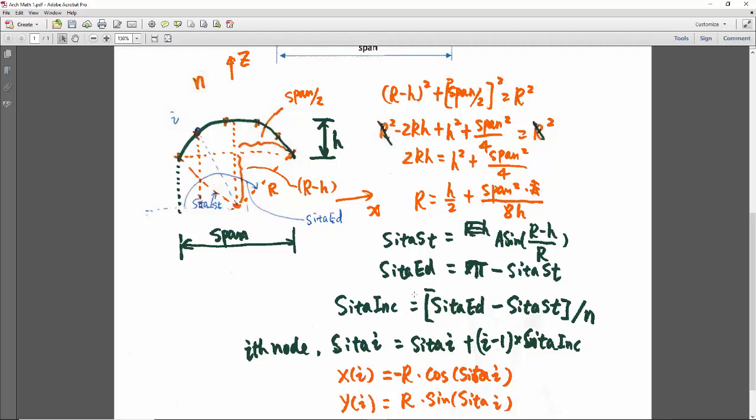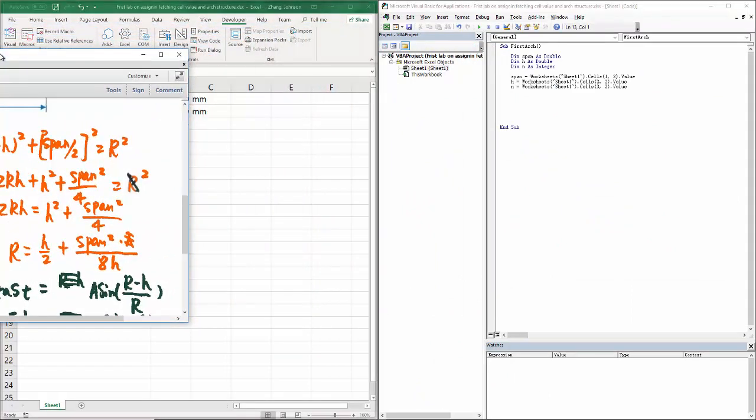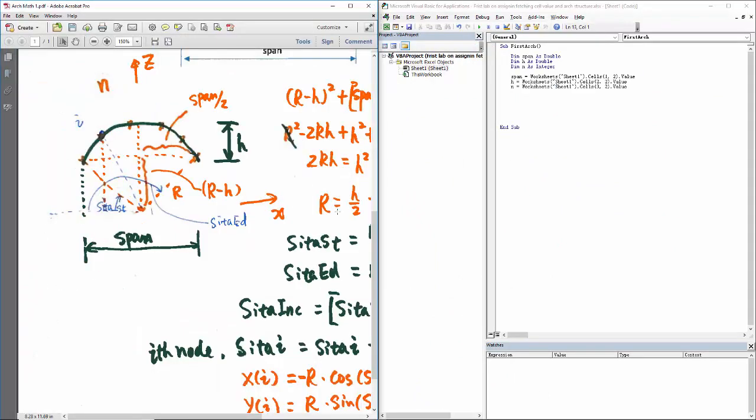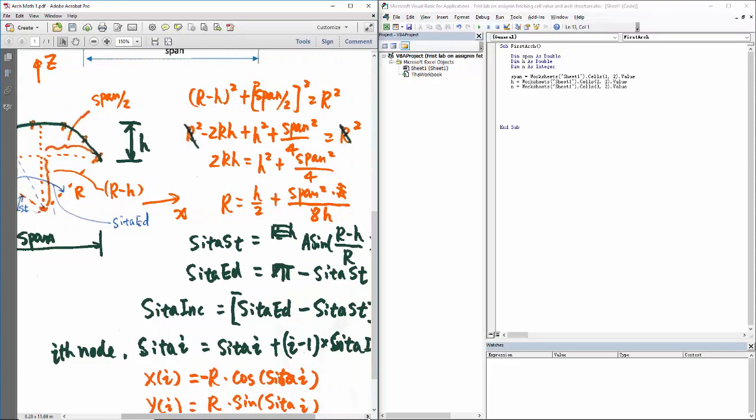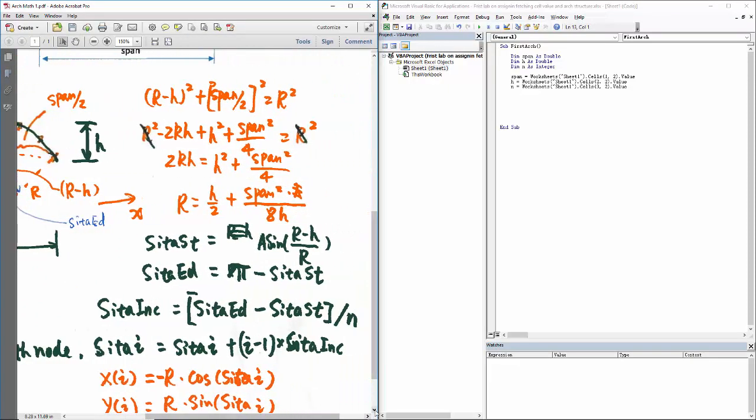So we need to figure out all this information before we can actually calculate the coordinates of each node. To help us remember all this, I put these slides on the left-hand side, second half of the screen, and then we can key in this equation into the VBA programming. So again, let's come back to the coding window